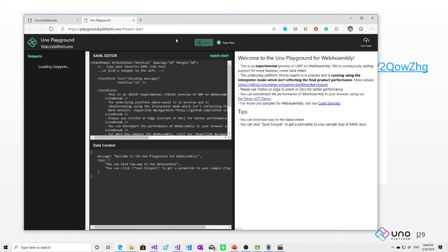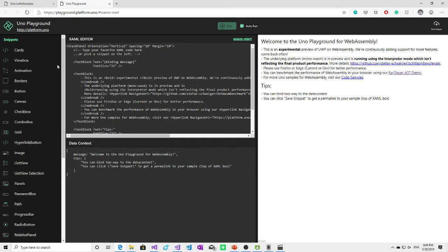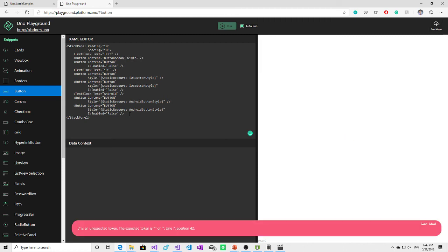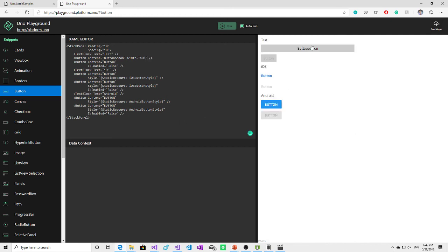So this is a full-featured XAML editor running in the browser. You can see things like buttons, and you can change everything at runtime. So if I change this to test, you can see test here. I can change the button and make it 400 wide, and so on.